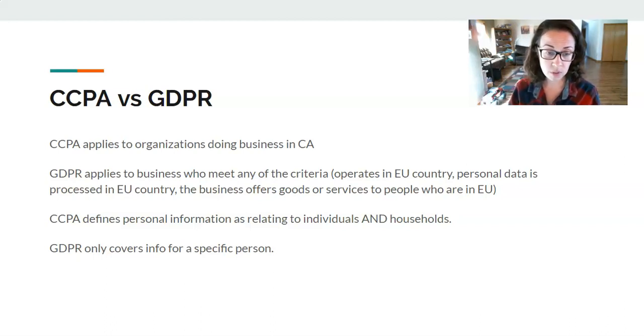Just some basic differences though. The CCPA applies to organizations doing business in California, while the GDPR applies to businesses that meet any of the criteria for the GDPR, which is operating in an EU country, the personal data is processed in the EU, or the business offers goods or services to people in the EU. The CCPA defines personal information as relating to individuals and households. So, anybody who falls within the household and that personal information, the CCPA applies, while the GDPR applies only to